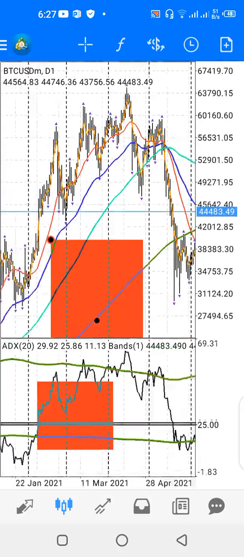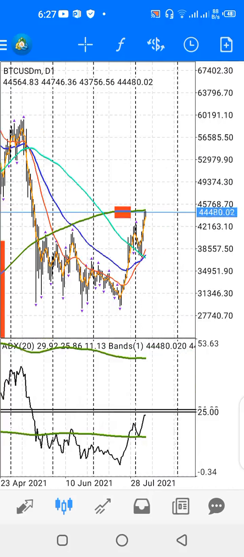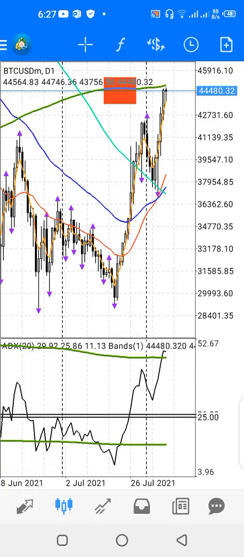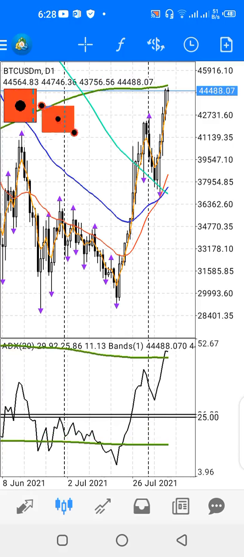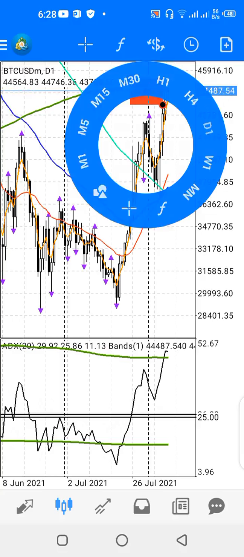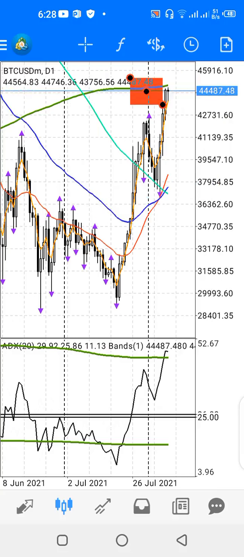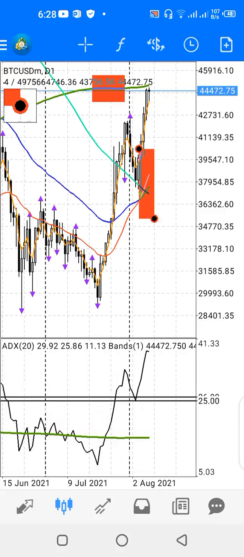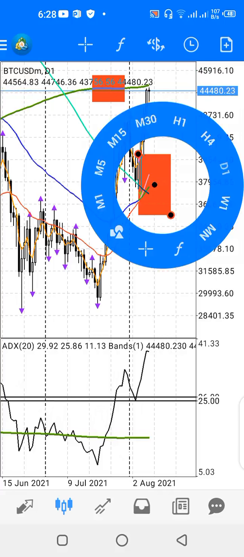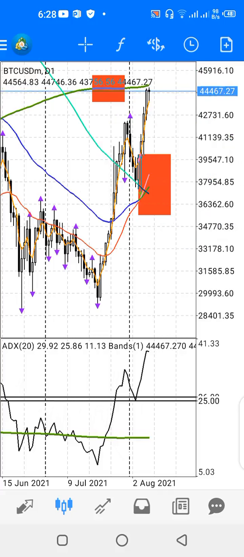So basically what I would do is I'll come to the daily time frame, look at what's happening. For now, the green moving average is trying to turn up, and the other moving averages are also trying to turn up. So that's an indication that price is going up. Now, if you zoom out,